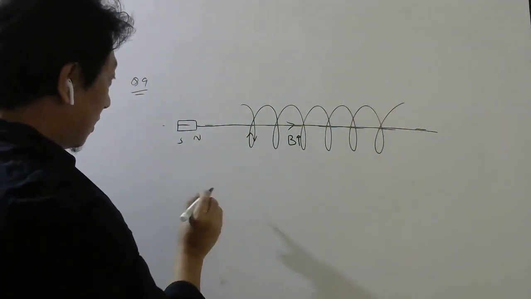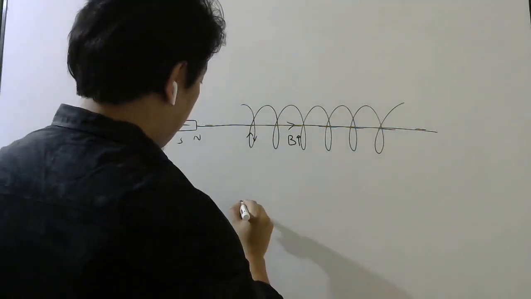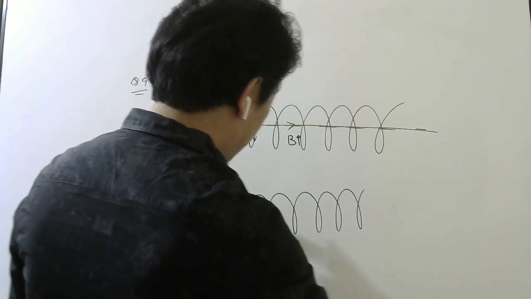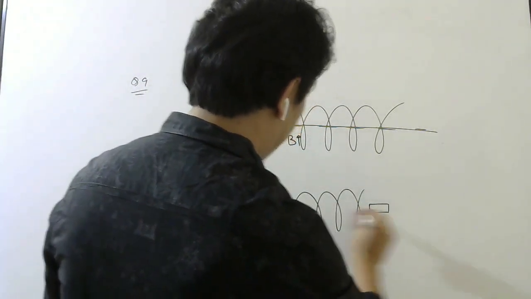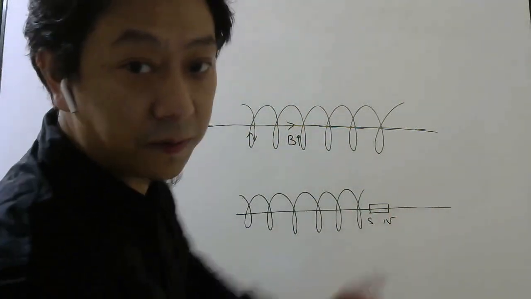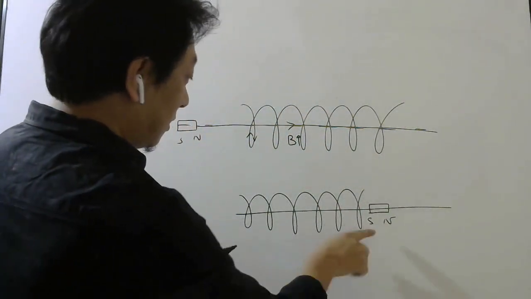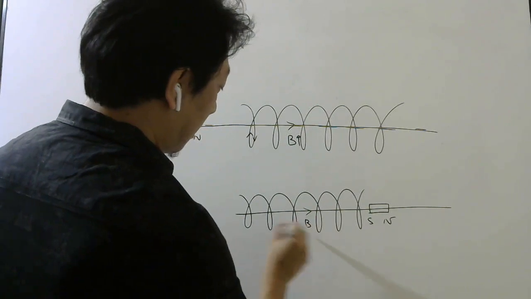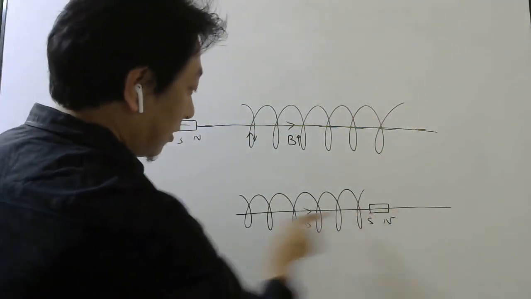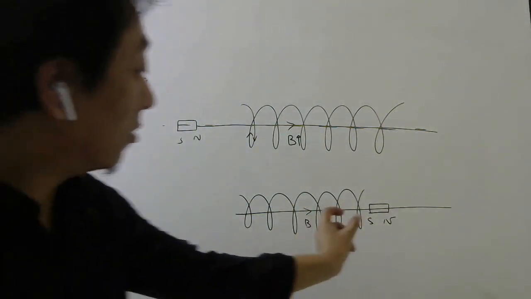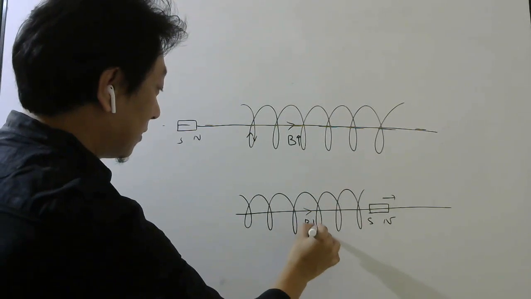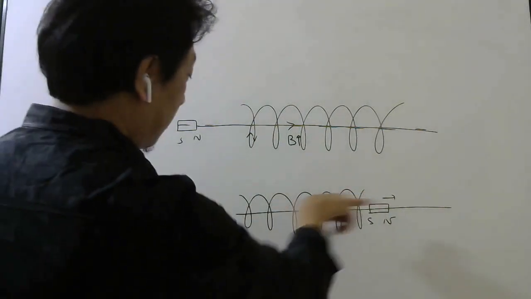Then when the magnet is moving, as it is going out, let's say, as the magnet is going out, then what will happen? Since this is south, the magnetic field will be this way only, right? Magnetic field is from north to south, like this. So along the axis, it will be like this. But now your magnet is going away. So this magnetic field will decrease.